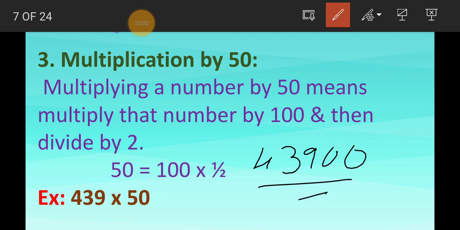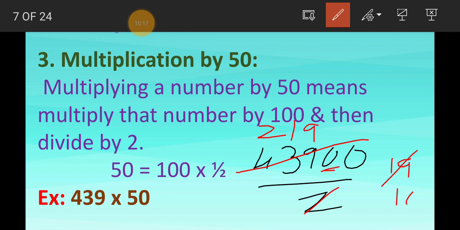43,900 divided by 2. Let's do the division. 2 twos are 4, 2 ones are 2, and 3 minus 2 we are going to get 1. Now I'll copy 9 from up, so it will be 2 nines are 18. I'll get one remainder, then I'll copy this 0 down. It will be 2 fives are 10. Nothing will be as a remainder. Last 0, when I'm copying from up, I'll go for zeros. So my answer is 21,950. Okay, I hope this video is going to help you understand all these rules.